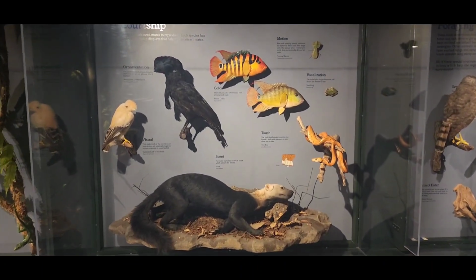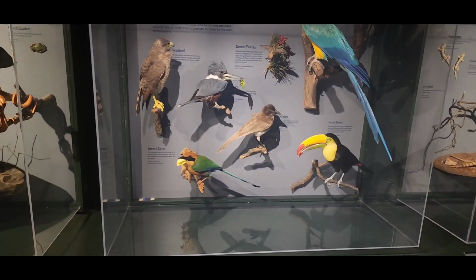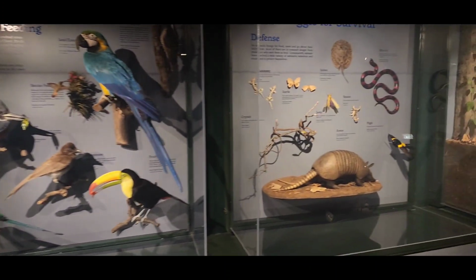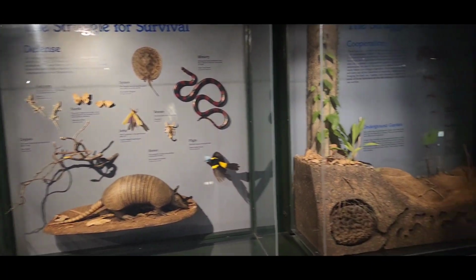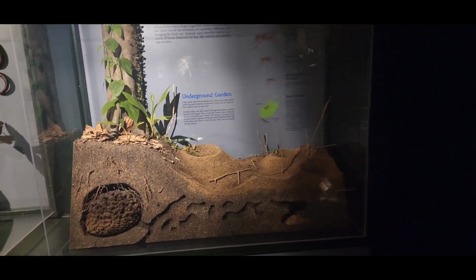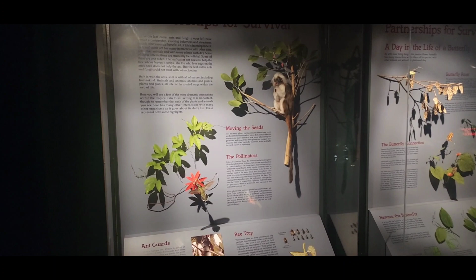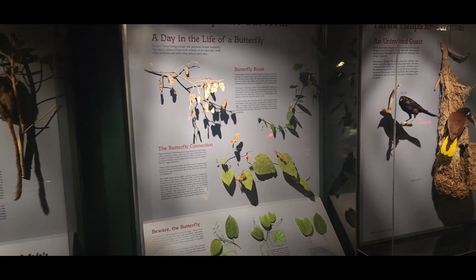Take a few looks at some of these exhibits we have up here. Really not much more. I mean, I could take a lot longer in the rainforest exhibit, but people are already filling in. So we're going to abandon mission. We're not going to go to the European Village, but instead we're going to go all the way up to the 3rd floor and see if we can just finish after that Arctic section. So I might do a time lapse going up,